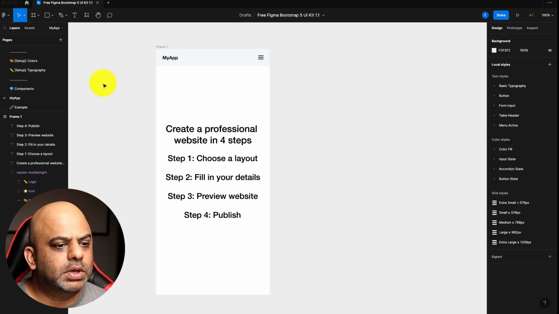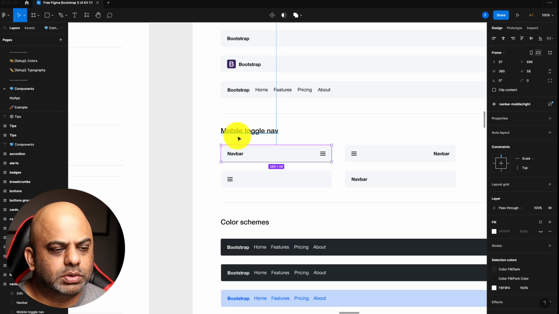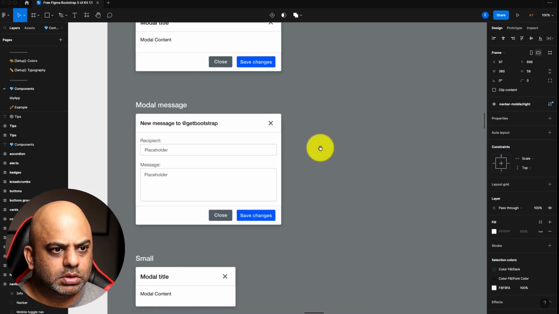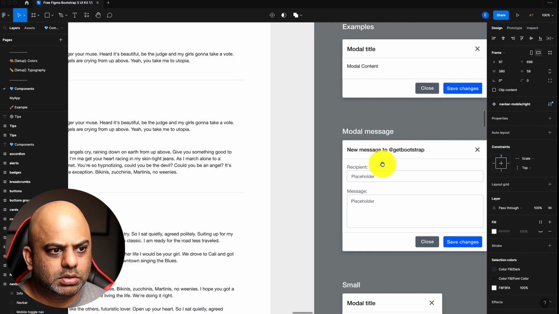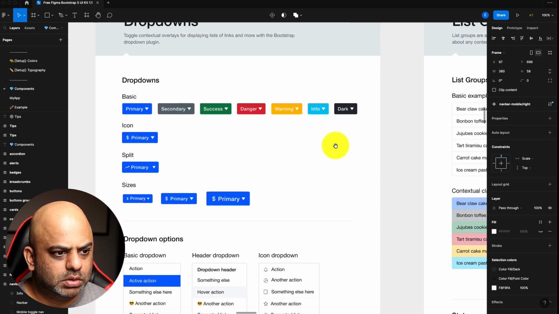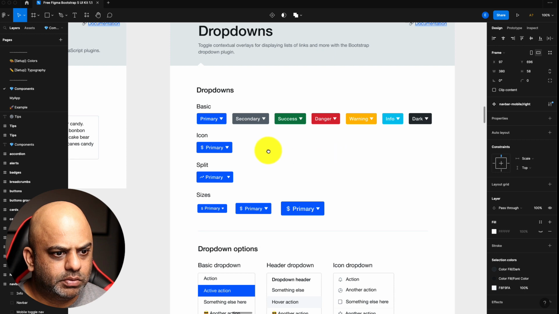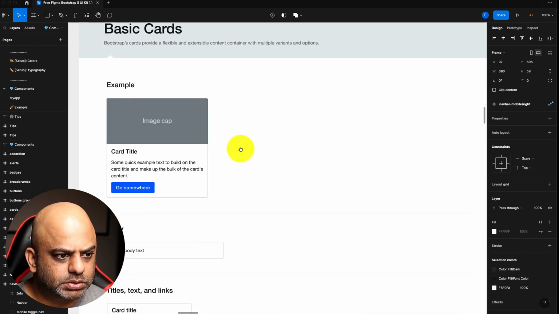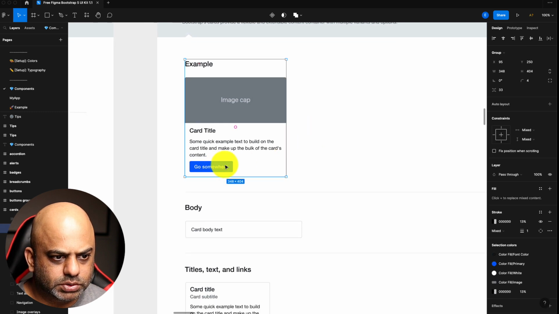Okay, so now I need a button to start going through the steps. So I'll go back to components. I can actually use any of these buttons. I'll just choose this one right there.